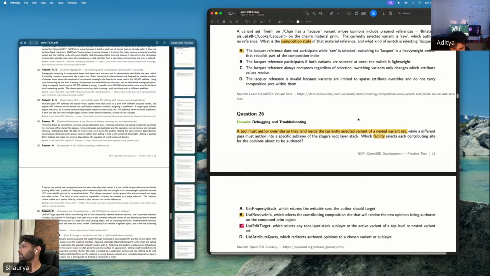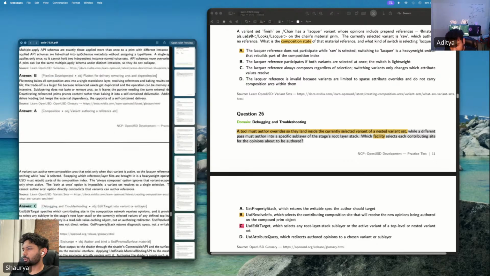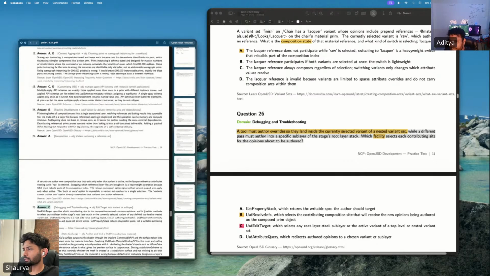I mean, the vocabulary of the question is very confusing. We might have gotten it correct if the phrasing would have been a little simpler. Anyway, so USD edit target specifies which contributing site in the composition network receives opinions